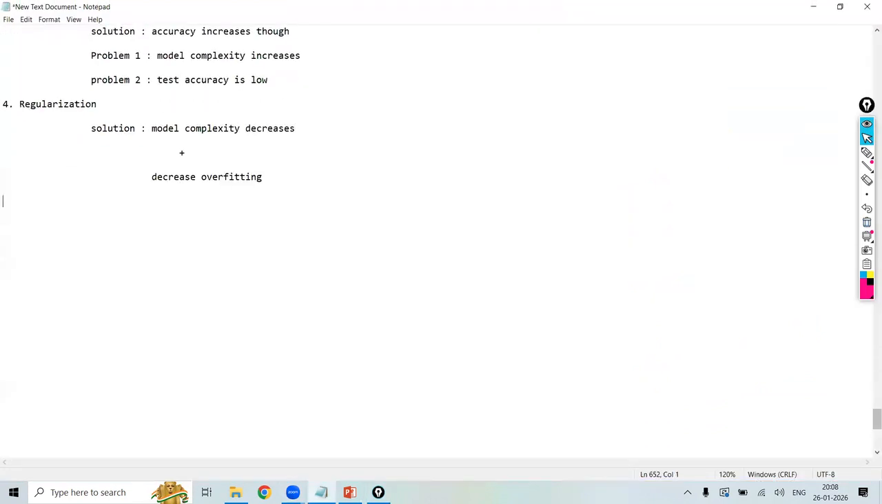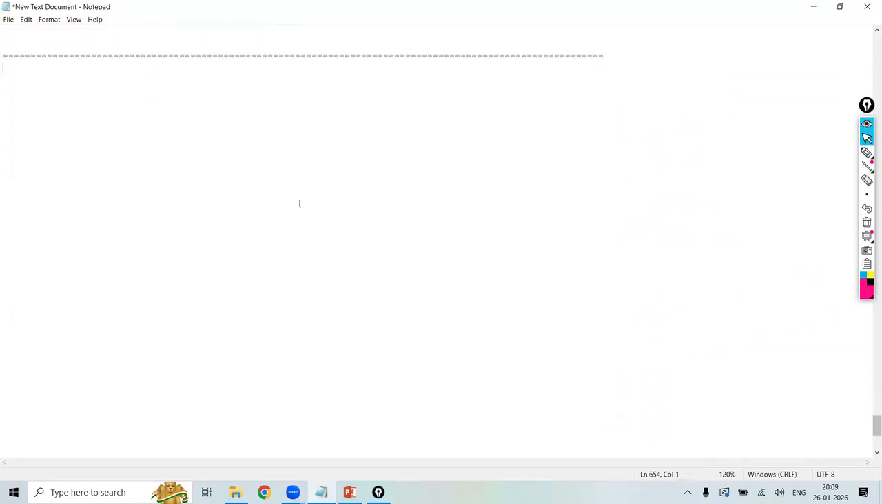Next one. What is the next concept? Steps involved in the regression project. This one only we are going to do in the practical. What are the steps? Everyone, please make a note. First step is,